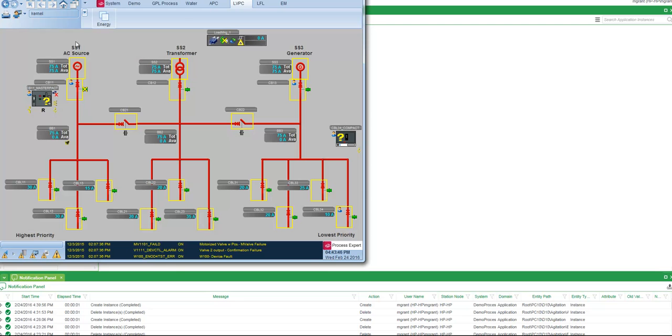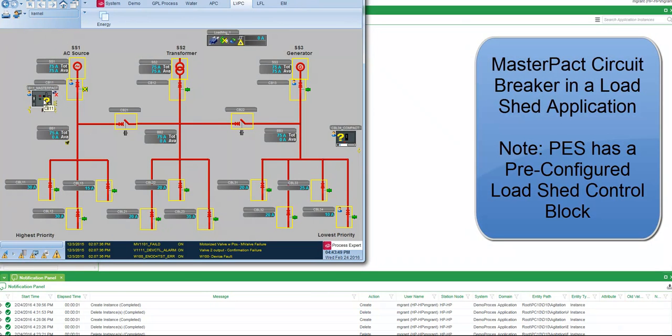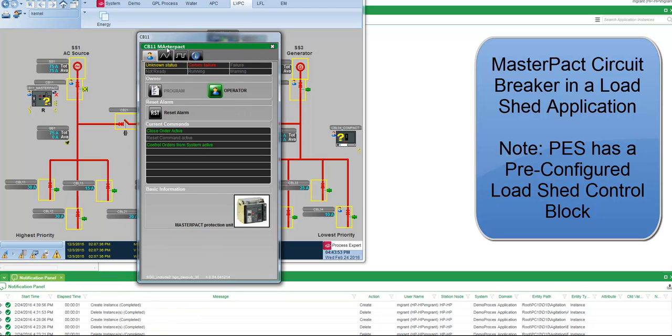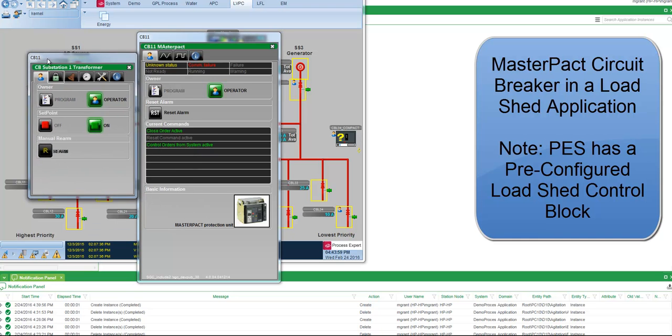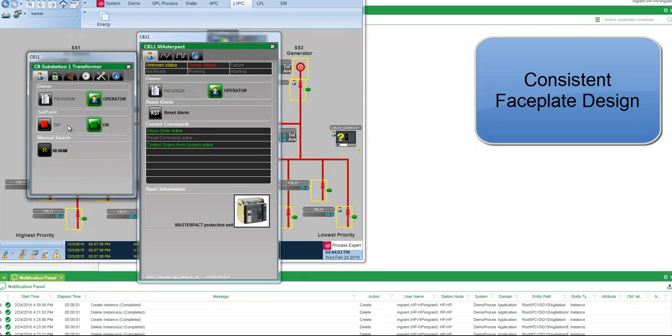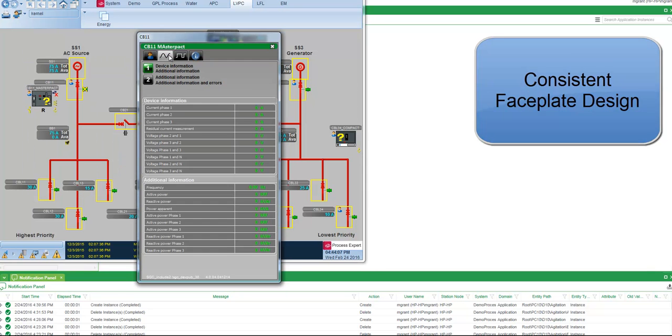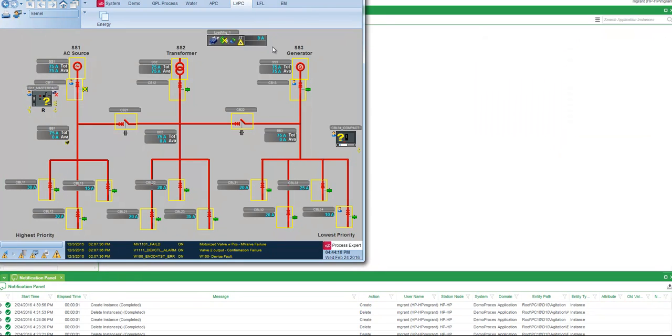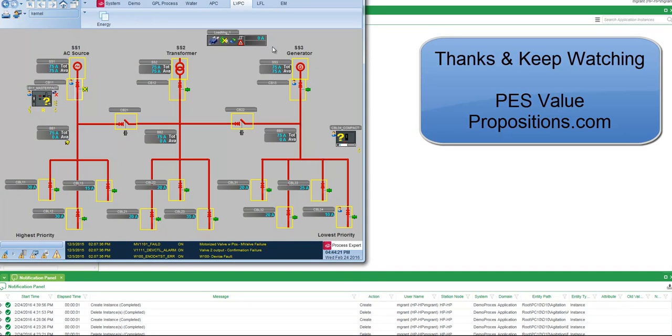Here's an example of MasterPact control circuit breakers. This is a circuit breaker faceplate right here for the MasterPact circuit breakers, and it's associated with this circuit breaker right here. And when you open the breaker, close the breaker, you'll see activities taking place within that circuit breaker. So that gives you a real quick idea of how our Schneider Electric devices are pre-built and integrated into PES. This is a very important